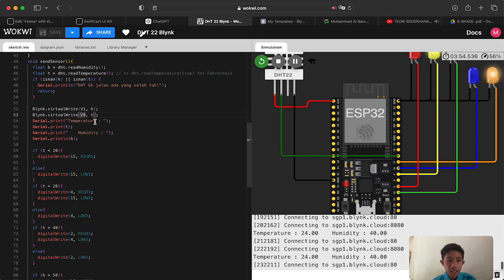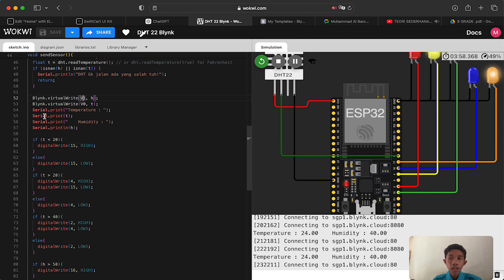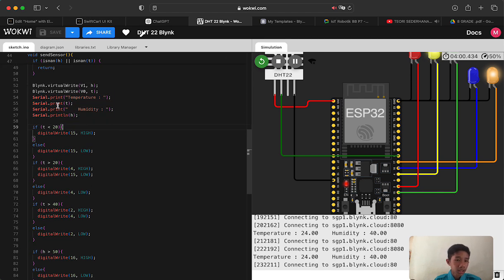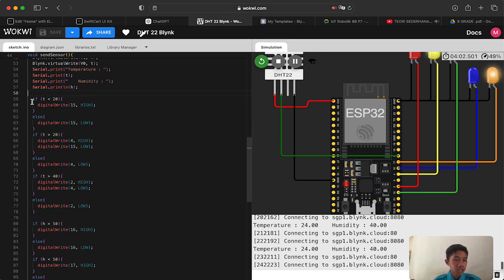We can see in here V0 for temperature, and after that V1 for humidity, like that. And go to the serial print, like I said before, this is for the message, after that digital write.